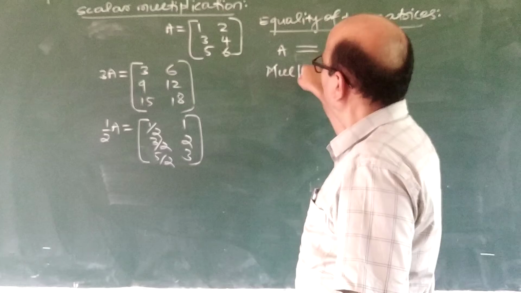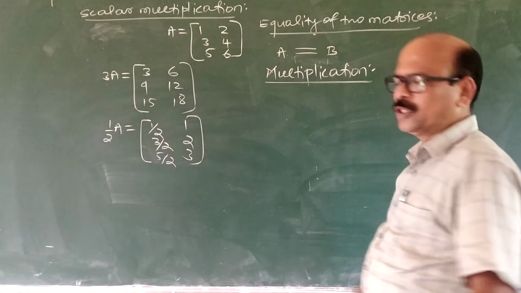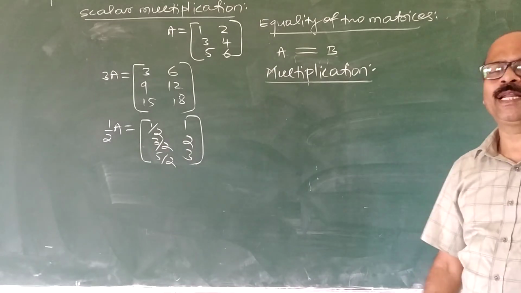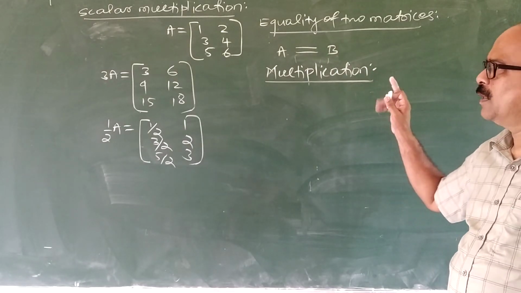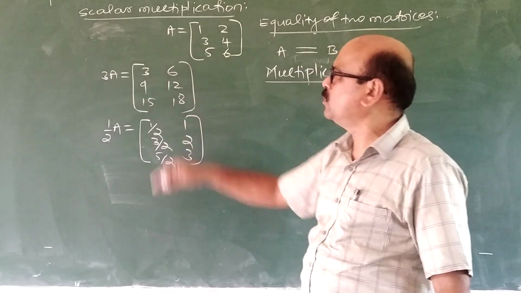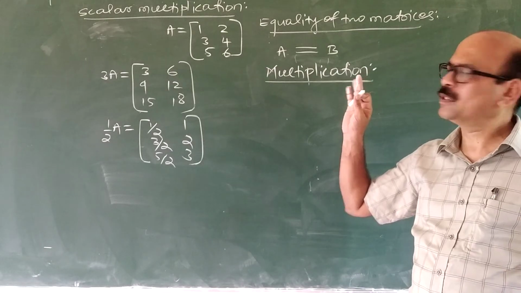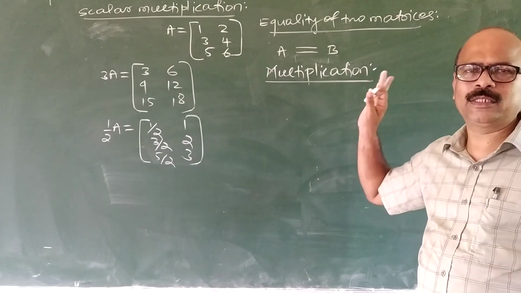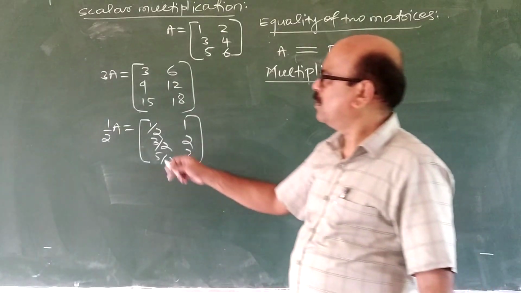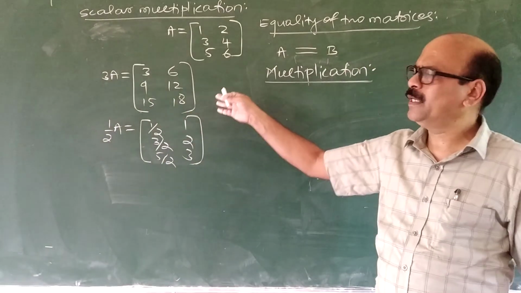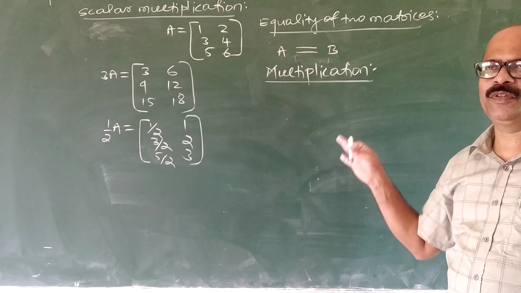Next comes multiplication. You have studied this also, how to multiply two matrices. While multiplying two matrices, some condition is there. Just as in the case of addition, when you can add two matrices, their order must be the same. Then only you can add two matrices. Multiplication of two matrices, I will explain in the next video. You please write the definition. I had not given it here, but you have to write the definition.